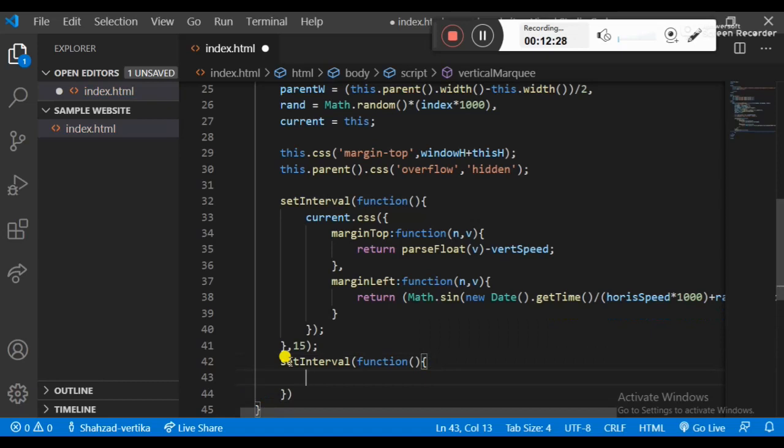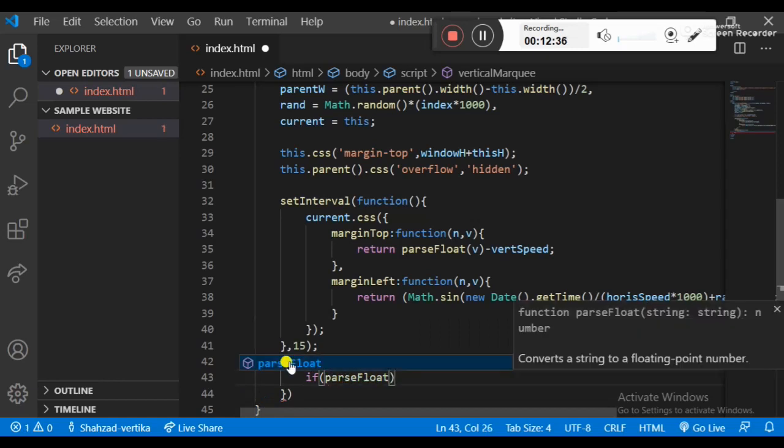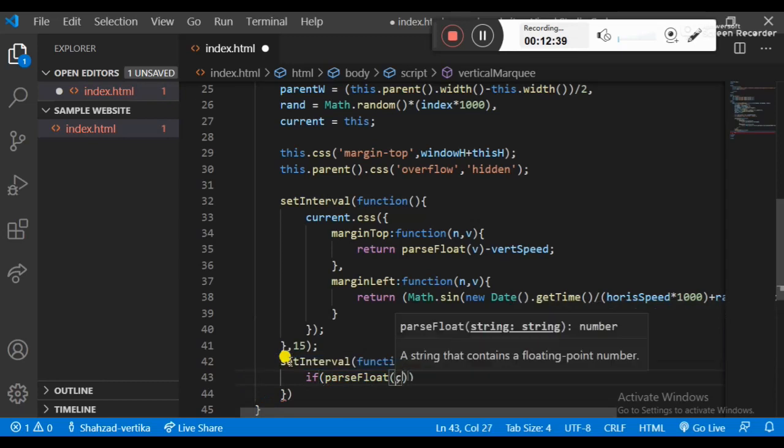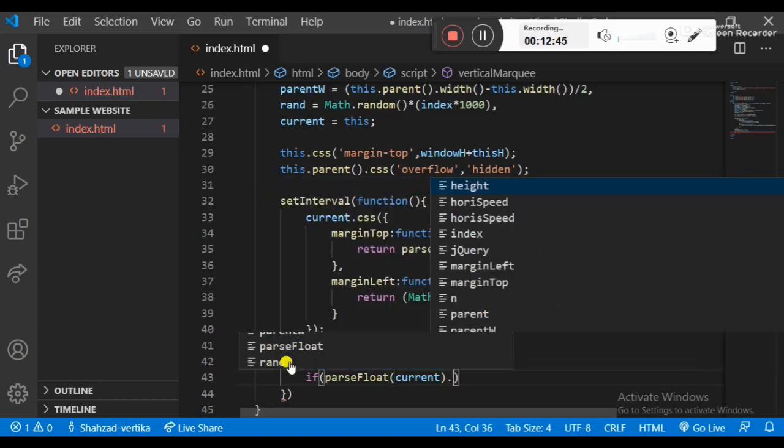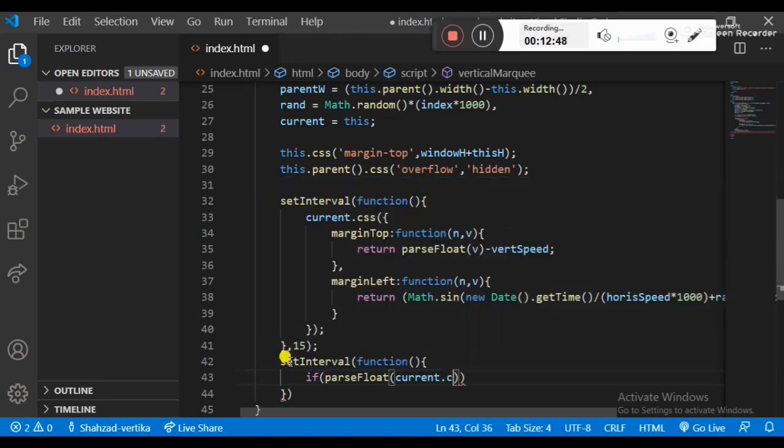If it is a logic of parseFloat, so I have a parseFloat, and this should be the current .css, apply the margin-top, I think so, margin-top, it's less than minus this h,